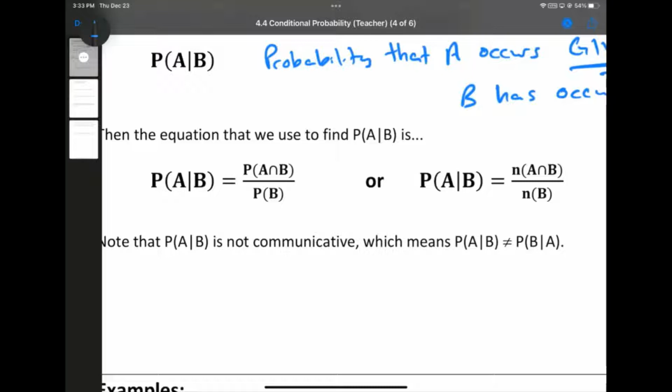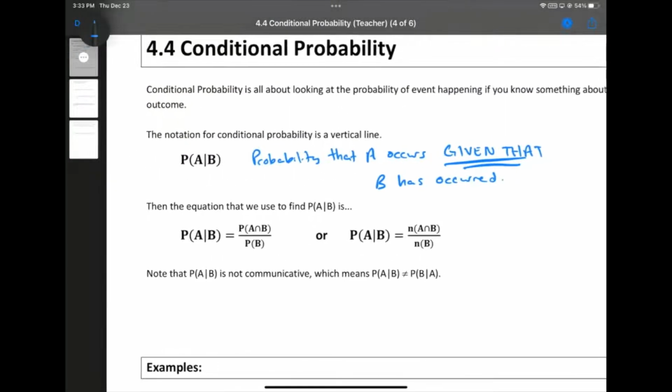Now, before we go too much further, I also do want to point out that the probability of A and B occurring is non-commutative, which means that the order does matter. So for instance, with unions, A union B and B union A mean the same thing. Likewise, intersects, A intersect B and B intersect A mean the same thing. It just means both criteria have been met.